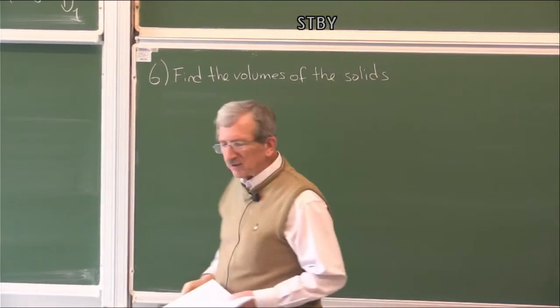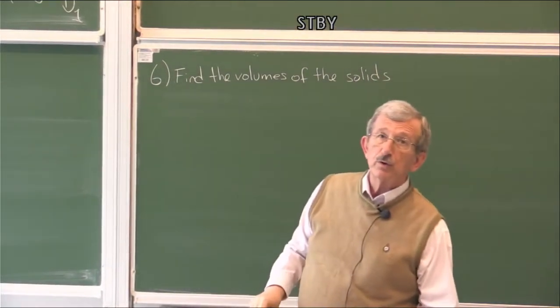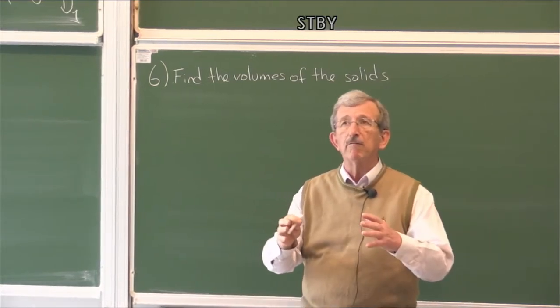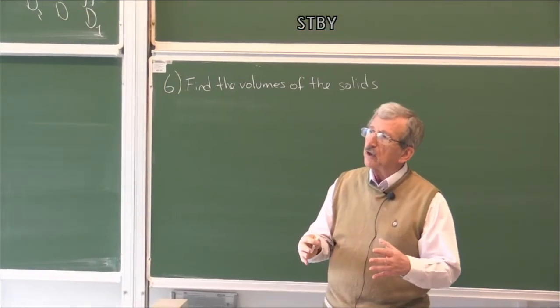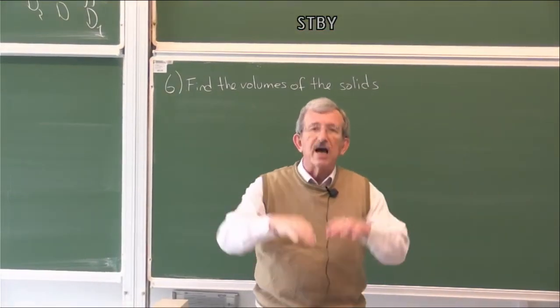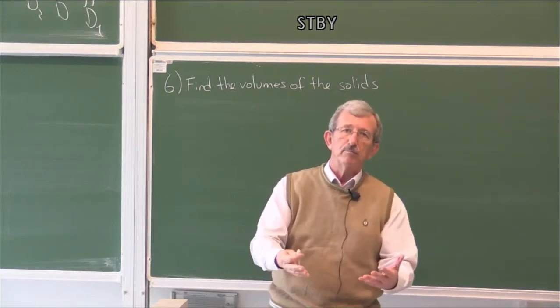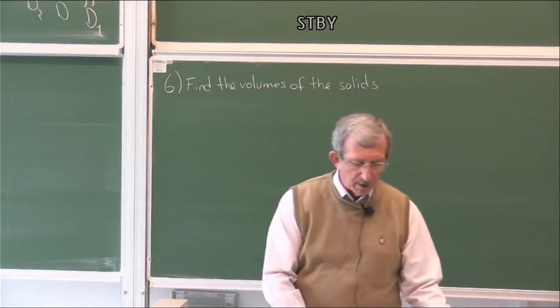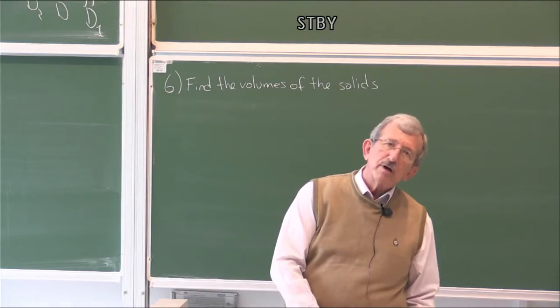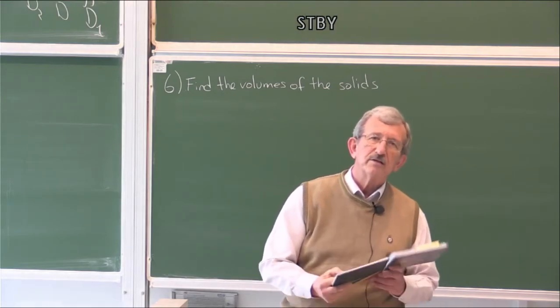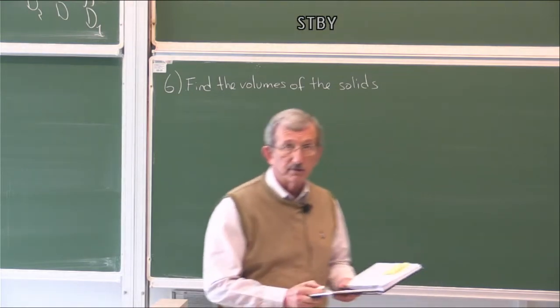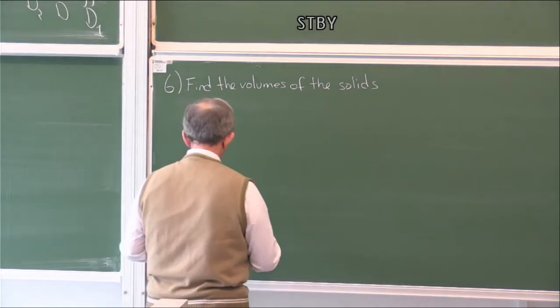Well, a solid always refers to a certain part of space which contains its inside as well. So it has a volume. Volume is just a number, but solid is a three-dimensional subset. Of the solids